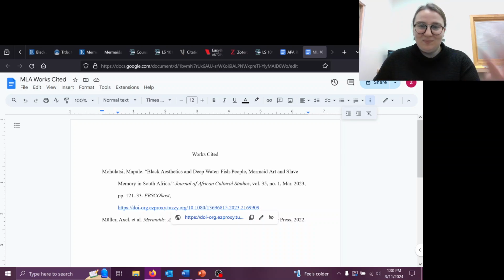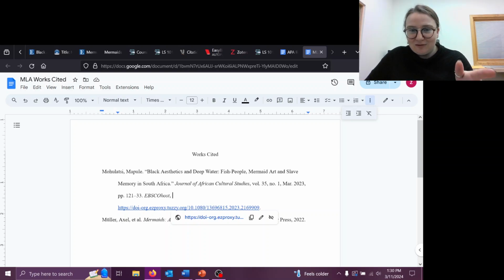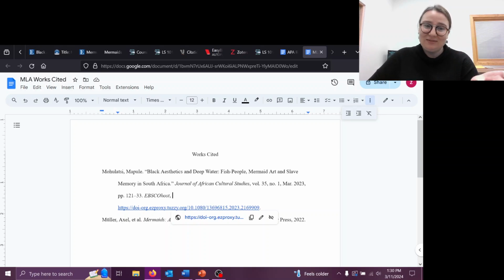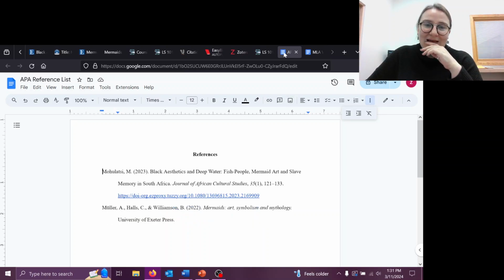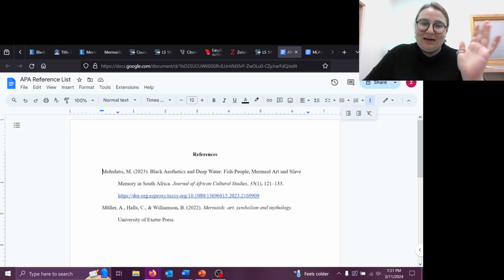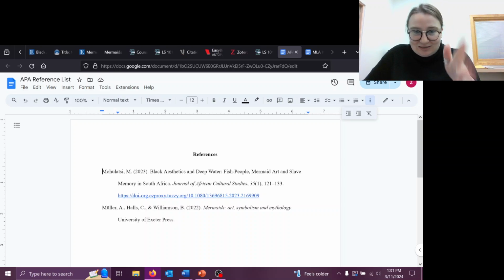Likewise with the article, you're always going to have the same author, last name, first name, title, journal, volume, number of volume, when it was published, page numbers, and in this case, because I accessed it from EBSCOhost, that as well as the DOI. And again, APA is going to have its own way of doing things, last name, first name, as per usual,